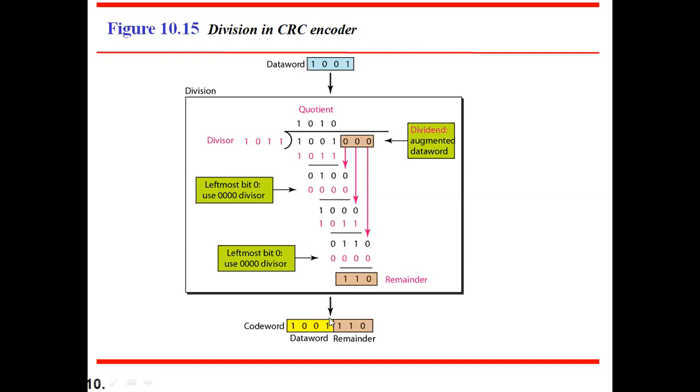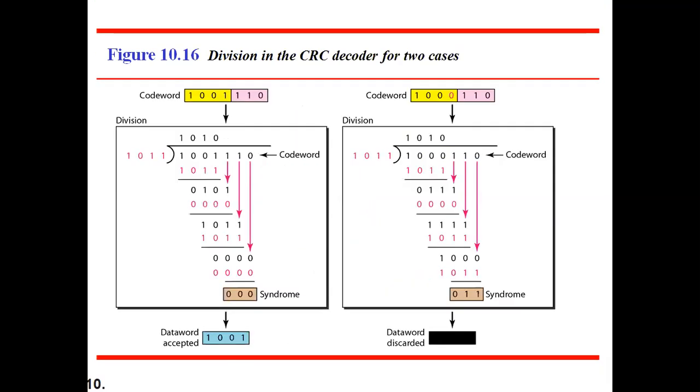The same thing should be carried out at the receiver side also. But tell me whether the division operation is clear. This is how it will be done. Yes, sir. Okay. Then once you get the remainder, you add it to the data word, and it has become a code word. Now let's look at the receiver side. When will we say that an error has occurred and when will we say that no error has occurred? Let's move on to the receiver side.